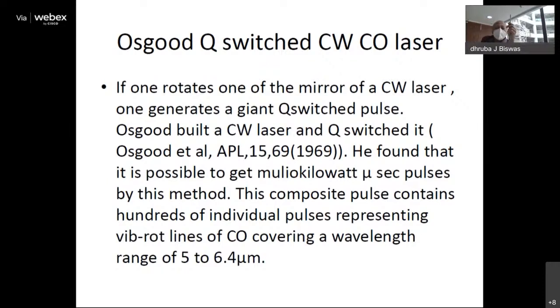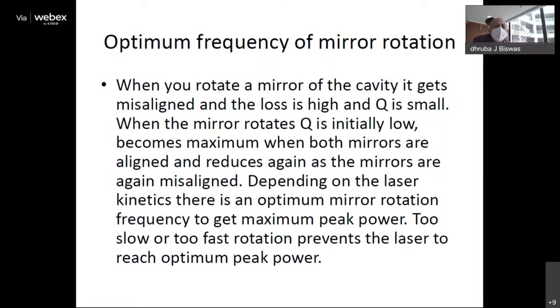Each time I am measuring 4 parameters. What is the peak power of the composite pulse? What is its duration? And how many lines are lasing? This composite pulse consists of a large number of lines. I am also trying to find out which is the strongest line. For example, when I operate at 200 hertz, 9P10 is the strongest line, which gives about 78 watts. Can I have the next slide, please?